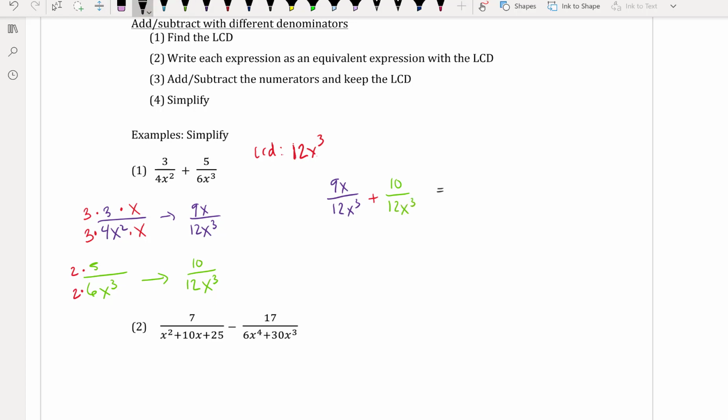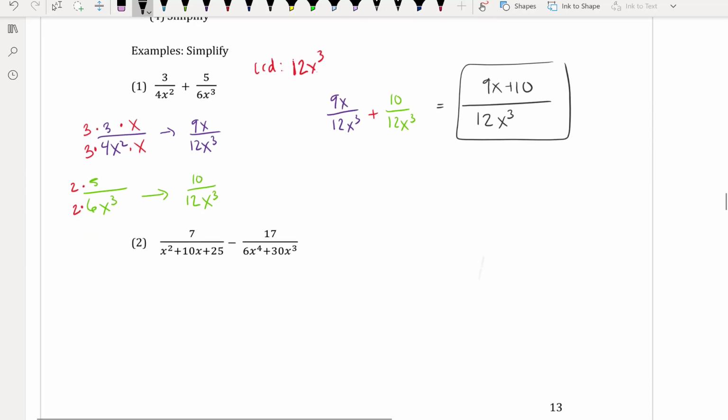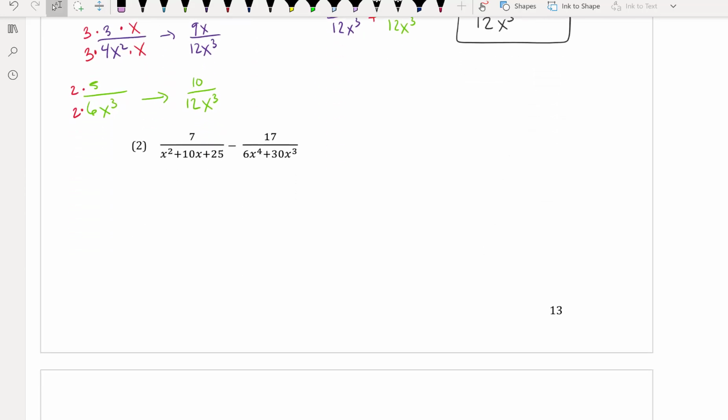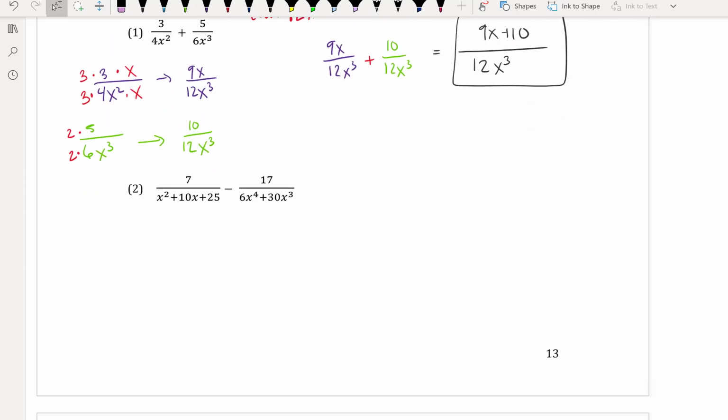And now I get to combine, so the same denominator, 12x cubed. And up on top, I have 9x plus 10. And nothing can be factored, there isn't any GCF, there aren't any common terms, so that's as far as I can go. Now, for part 2, or number 2, what I'm going to have to do is